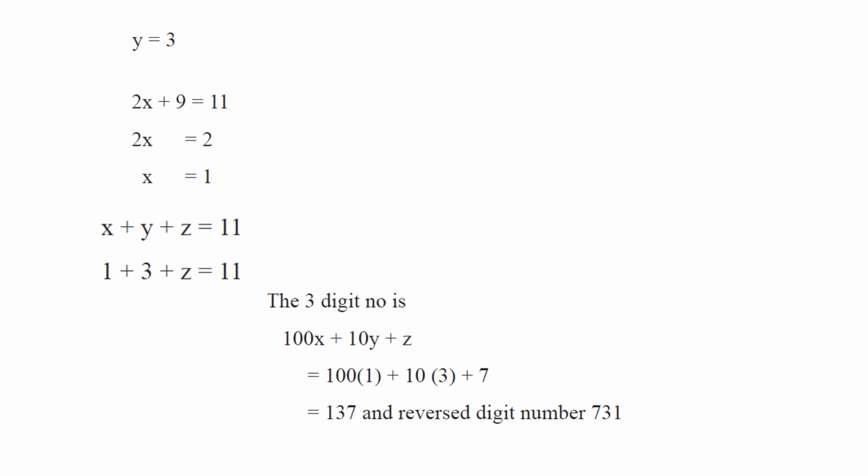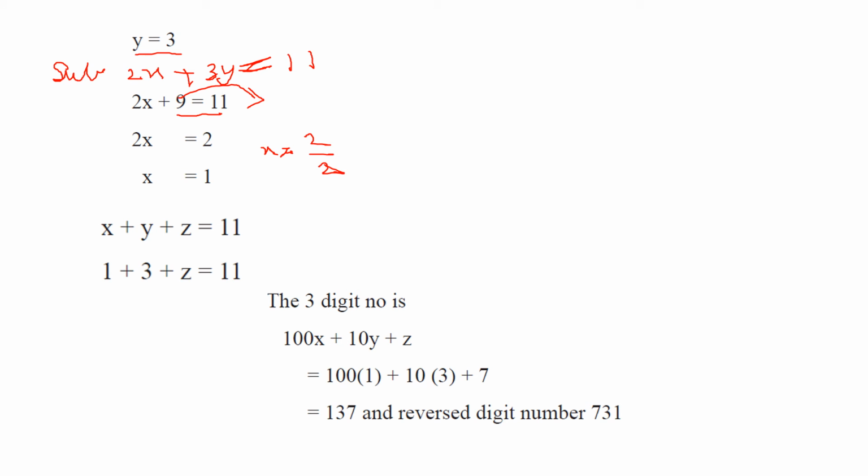So we get y equal to 3. Substitute in this equation 2x plus 3y equal to 11. So 2x, 3 into 3, 9, 2x plus 9 equal to 11, plus 9 will go to the right hand side, 11 minus 9, 2. 2x equal to 2 means x equal to 2 by 2,